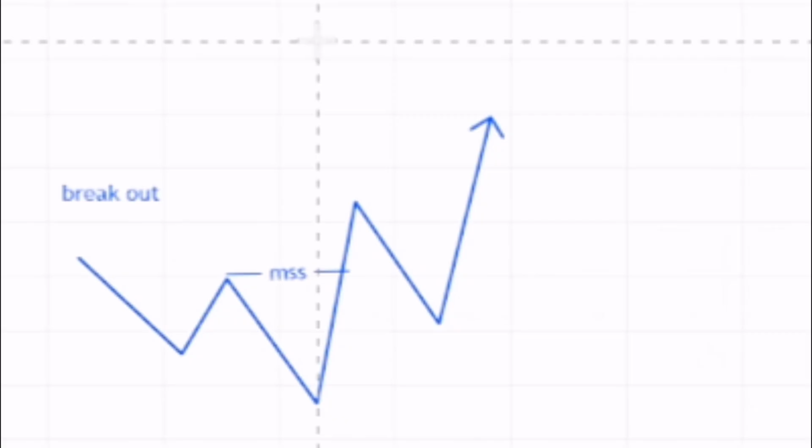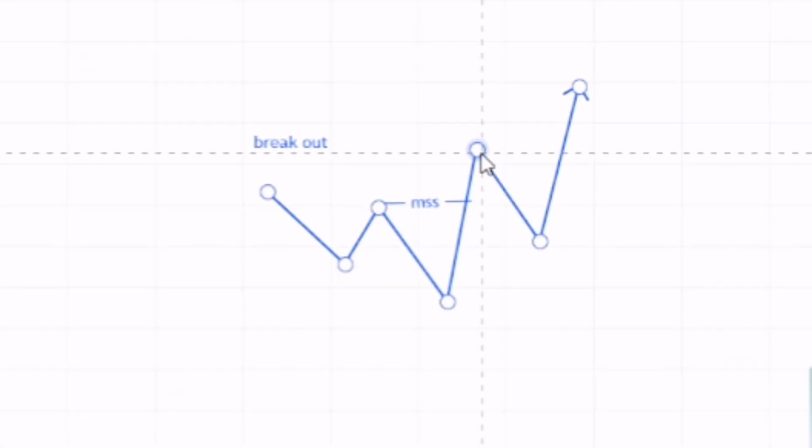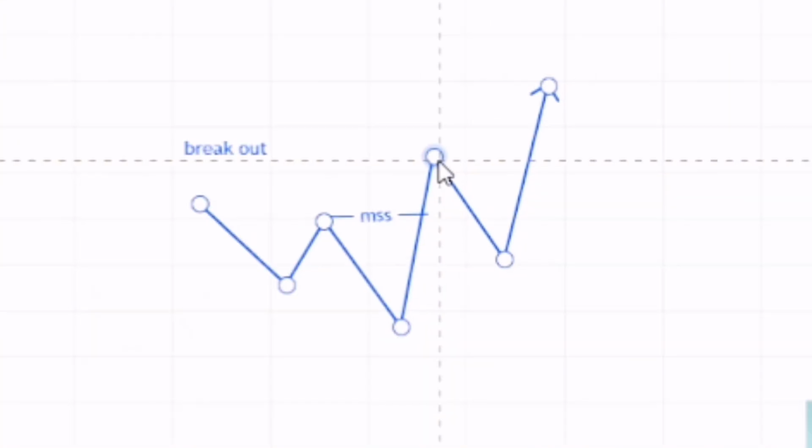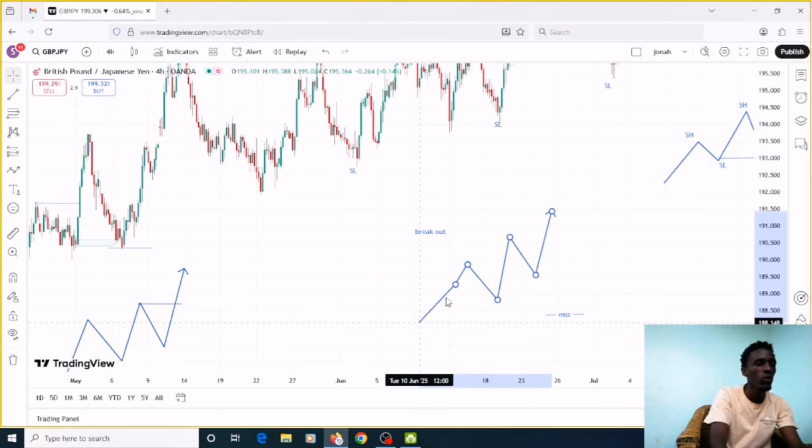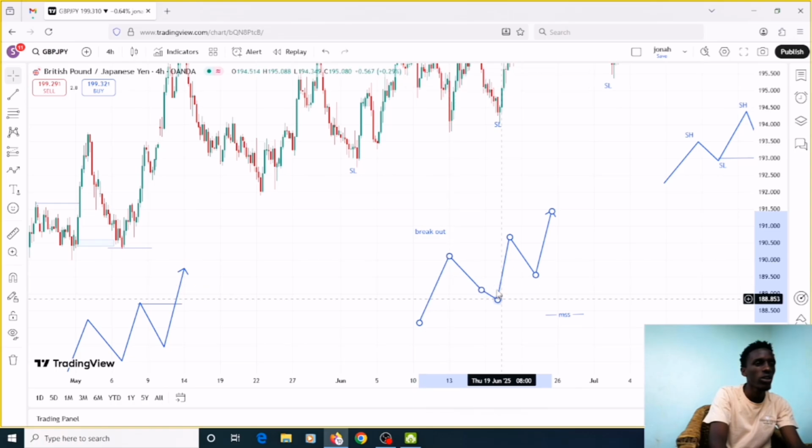As you see guys, this was the breakout here. So it's usually indicated by breakouts and a changing pattern. As you see guys, here we are trending downwards, and then we actually changed to the bullish side, which indicated our market structure shift. So for the bearish instance, let me show it to you here guys. If we are trending upwards, with higher highs and higher lows, and then price suddenly breaks below the most recent higher low,